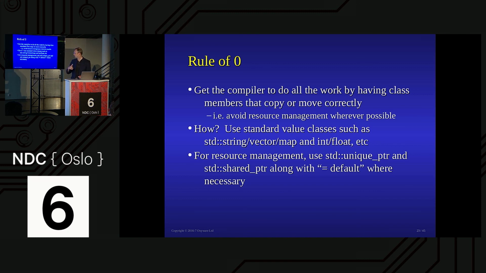An interesting thing, a discussion I was just having earlier, is that if you have a class with a unique pointer inside it, it becomes move only, which means that you can't accidentally copy it and copy data. You only got a pointer to a megabyte of data. You don't want to copy that accidentally. It's now move only. You now have to make an explicit copy, so you've stopped the accidental copying.